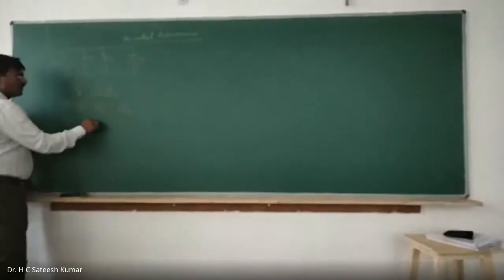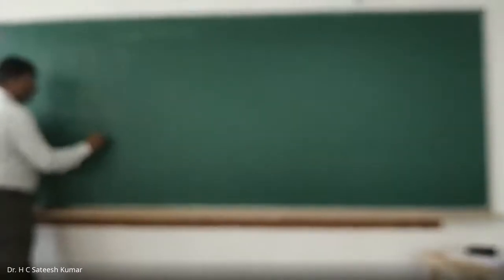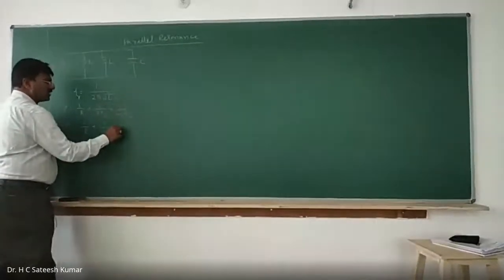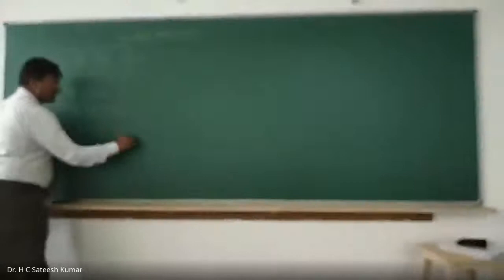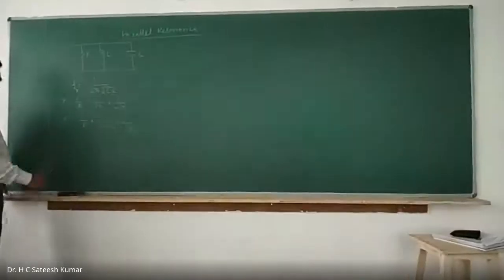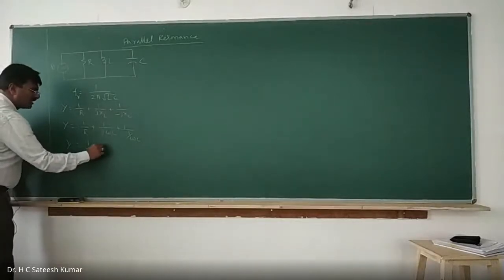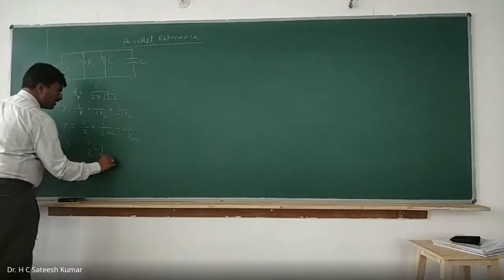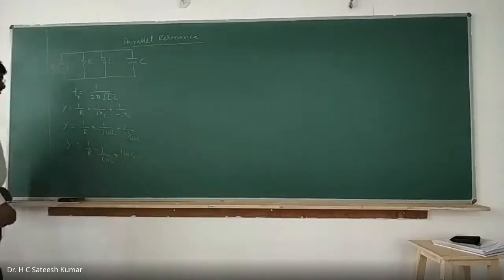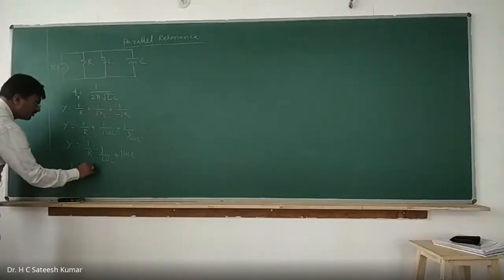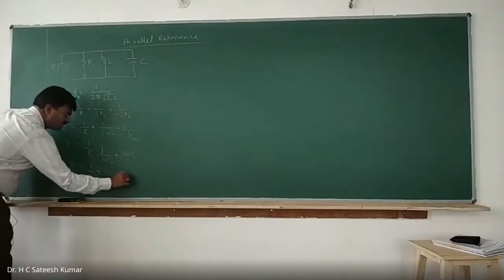This is nothing but Y equal to 1 by R plus 1 divided by j omega L. j will go to the numerator, so we can take plus j divided by XC, which is 1 by omega C. We can write this as Y equal to 1 by R. When j goes to the numerator, it becomes minus j divided by omega L, and omega C goes to the numerator, j into omega C. This we can write as Y equal to 1 by R plus j into, taking j common, omega C minus 1 by omega L.